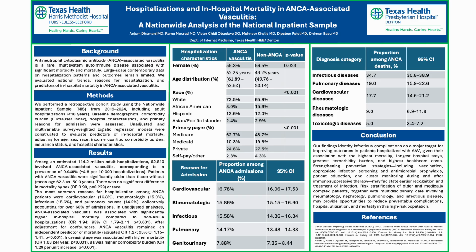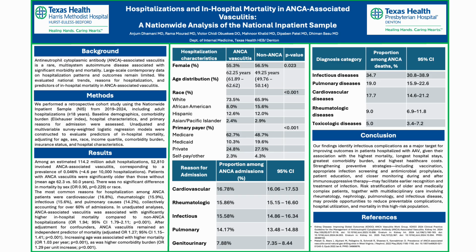And that brings us to Table 3. Infections accounted for more than one-third of all inpatient deaths, far exceeding active rheumatological disease. So this tells us that while vasculitis was certainly what brought the patient into the hospital, it was infection that appeared to most determine whether they would survive the hospitalization or not.